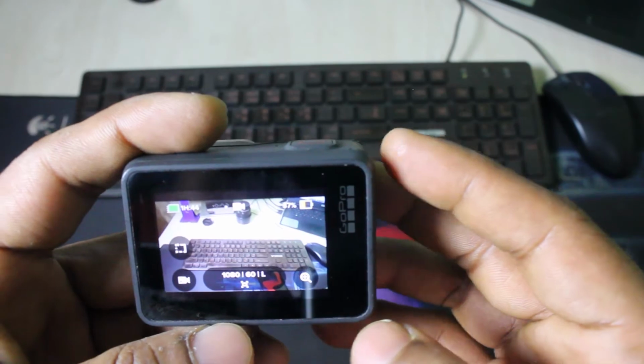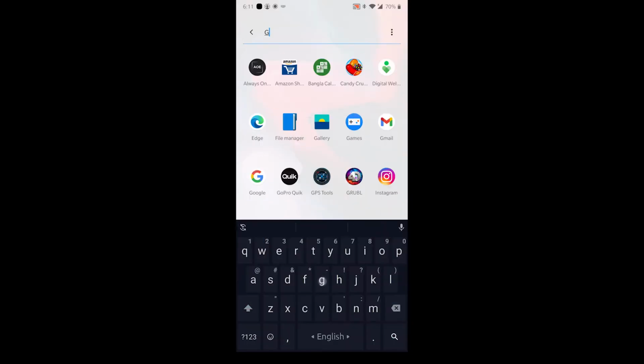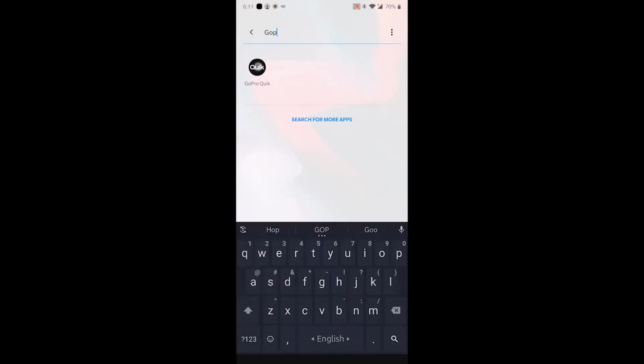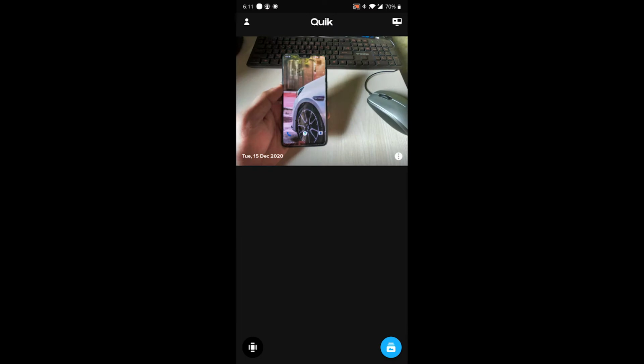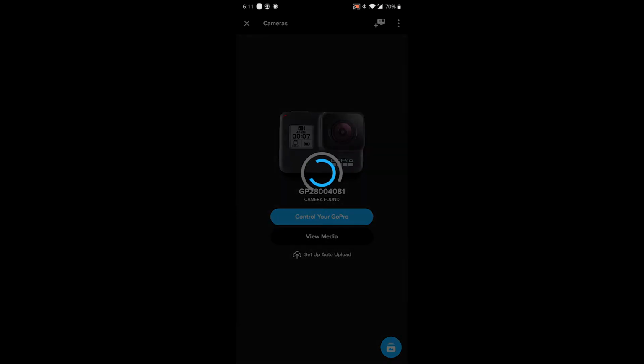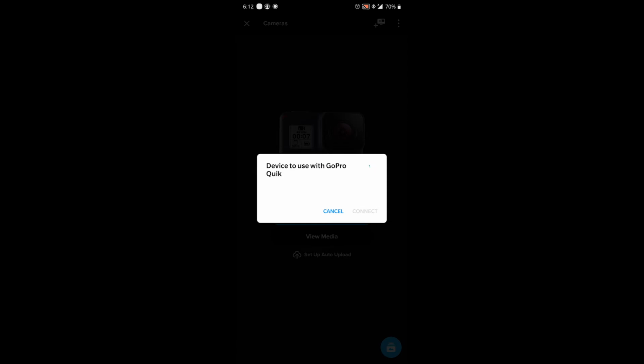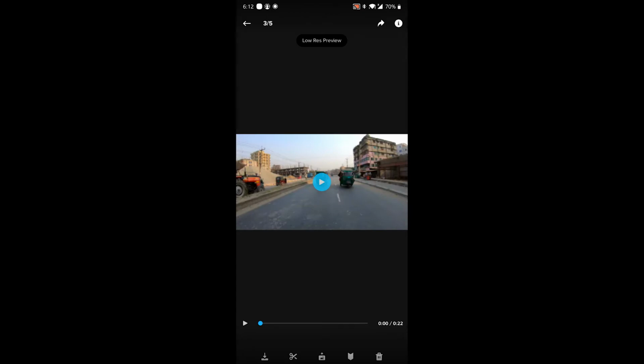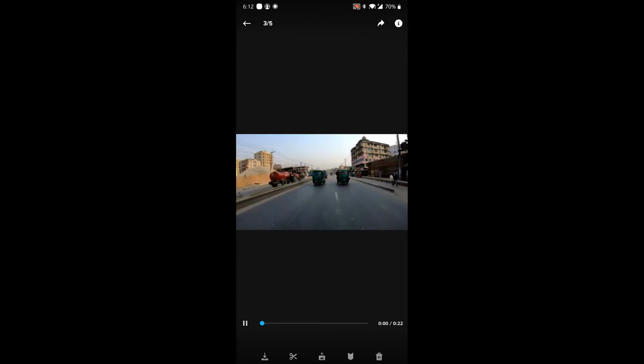After you finish recording, open your GoPro app on your phone, Android or iOS. I am using Android. Then connect your Android to your GoPro camera. Just press on view media and it will connect to your camera, and all videos recorded on your GoPro are shown here. So I'm selecting one of these videos. It is a 22-second video, and as you can see,